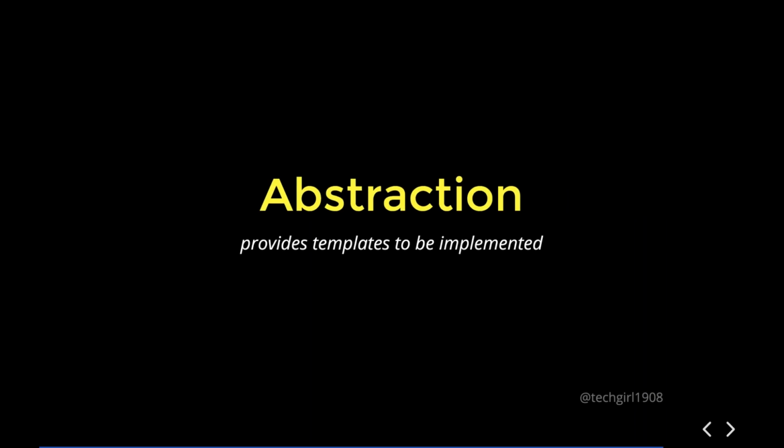So this is the final section, and it's fairly quick. This is abstraction. Let me just say that I pretty much rarely use abstraction in my test automation. I just don't find the need to do so. But I'll still give you an example in case you have a situation where it makes sense for you, right? So with abstraction, this is essentially providing a template or a blueprint of things that should exist and be implemented,